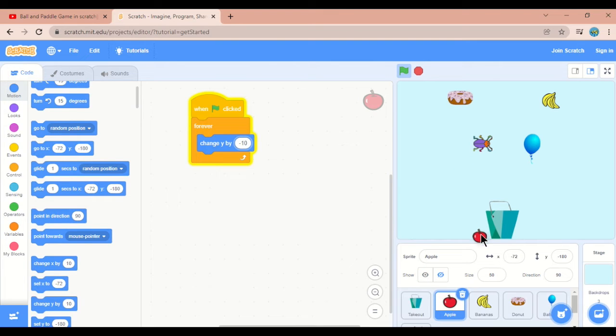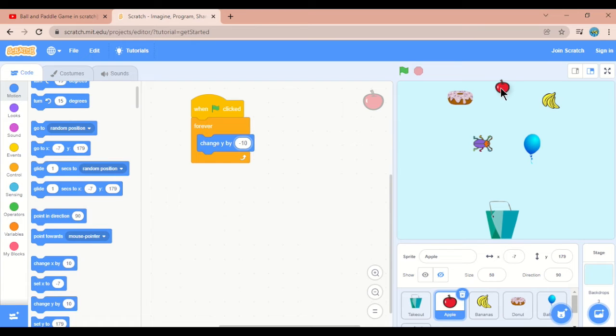Once it reaches here, it should go back, in the same position, to any position, here or here or here, randomly, but the y position should always be the same. Y should always be 180, but x should go randomly.